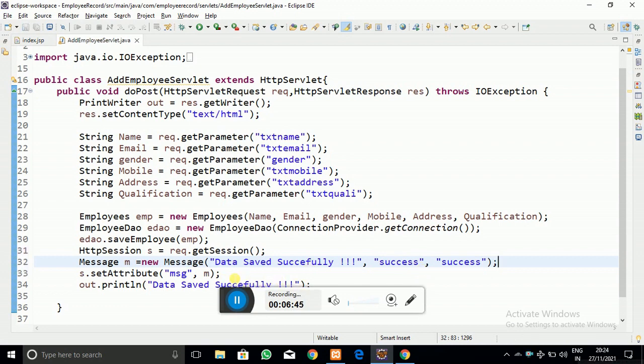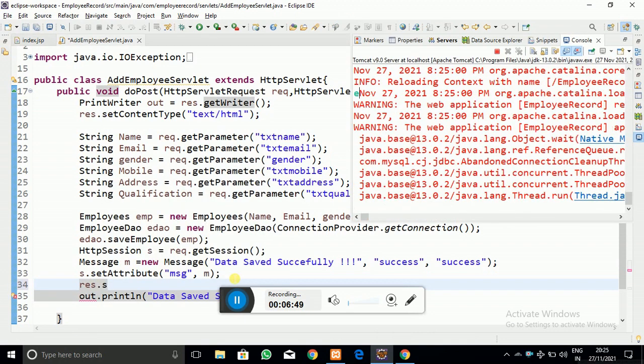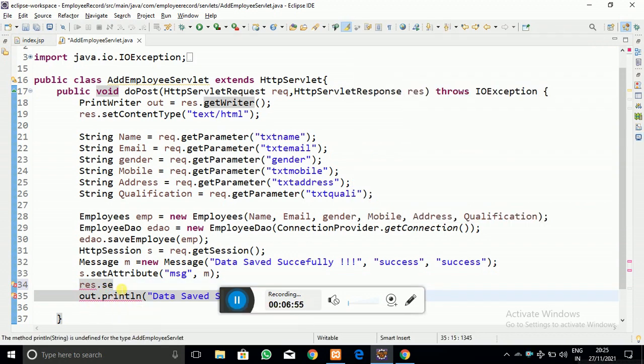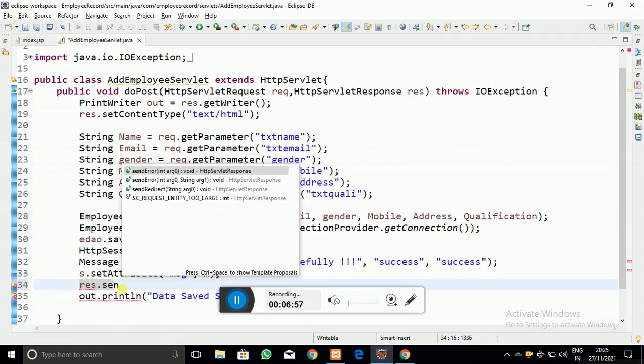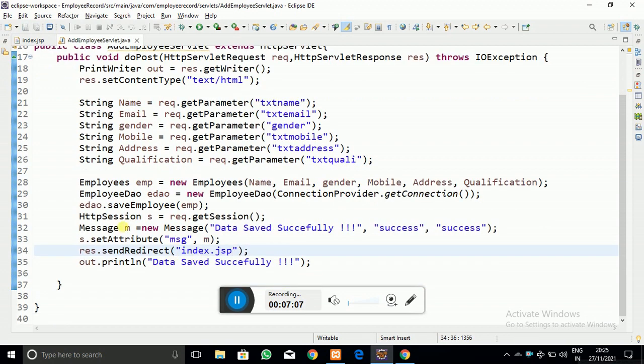So I am going to write like this, and I have to redirect to the index.jsp page, which is our home page, so that we can see the data added. So I'm going to write response.sendRedirect to the index.jsp page, and that's it.